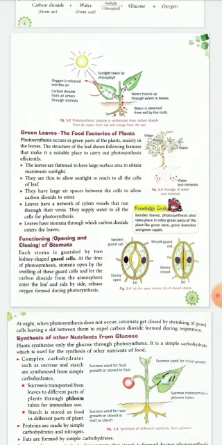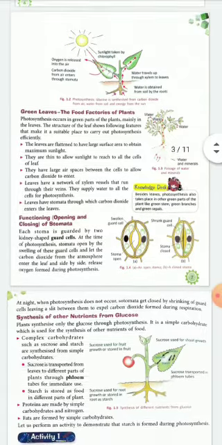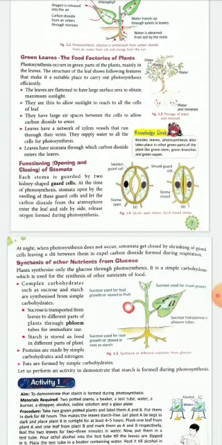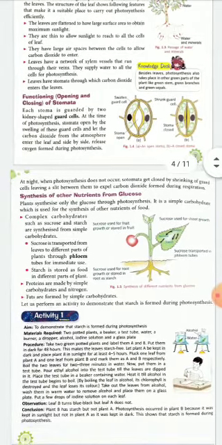So plant leaves have certain good properties, like they are thin and flat so that they can trap maximum energy. They have proper air spaces between the cells so that they can allow more carbon dioxide to flow inside them. They have a good network of xylem vessels which help the water to flow through the leaves properly. And stomata, as we said, have the ability to open up during the daytime, means when the sunlight is present, and it will allow the carbon dioxide to enter the leaf and release the oxygen.